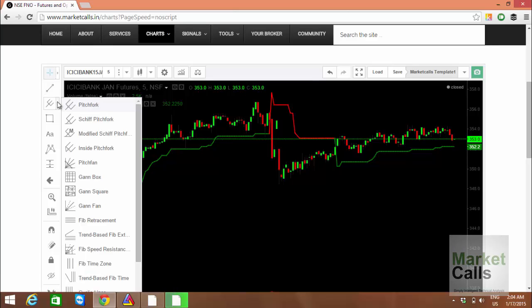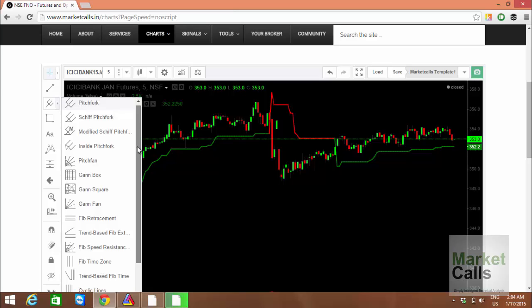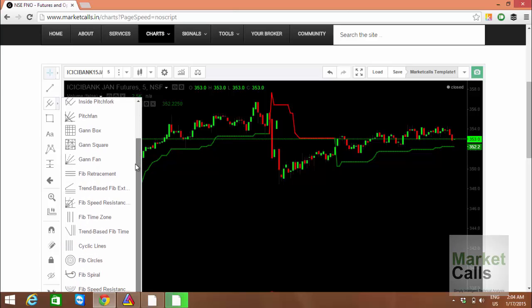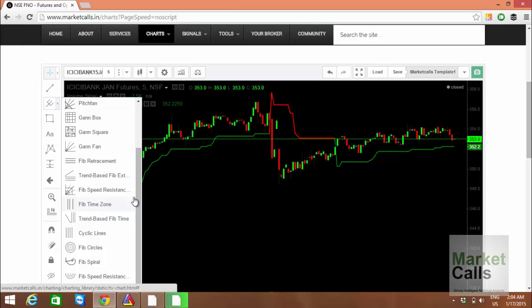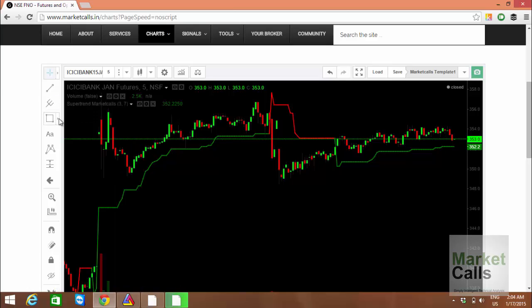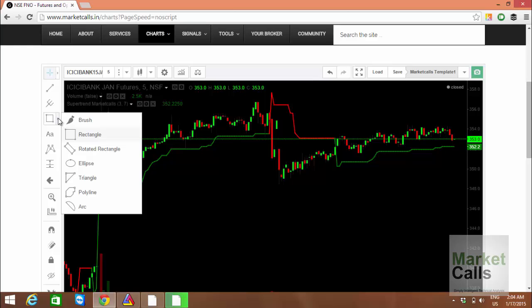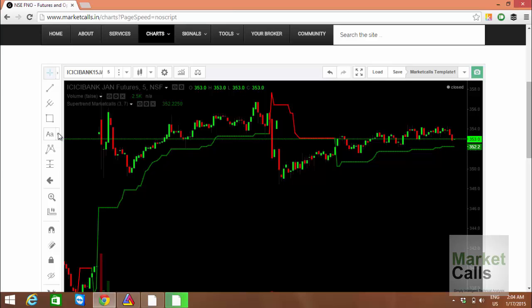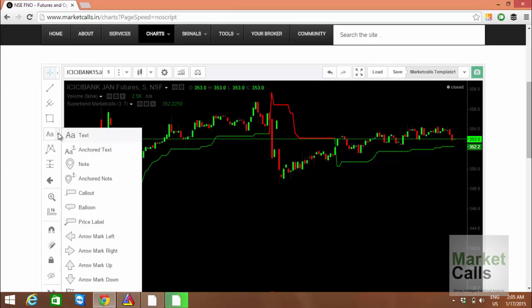And here inside the pitchfork you can see tons of pitchfork models, Gann box, Fibonacci retracements, cycle lines, all those fancy trend lines and the Fibonacci lines, and everything is available over here. Fibonacci spirals, right? And in the drawing tools, we already saw rectangles, rotated rectangles, ellipse, everything is there. And text is generally used to draw over